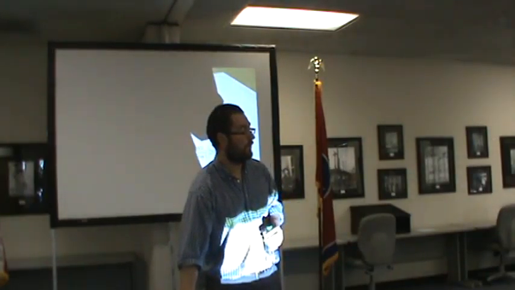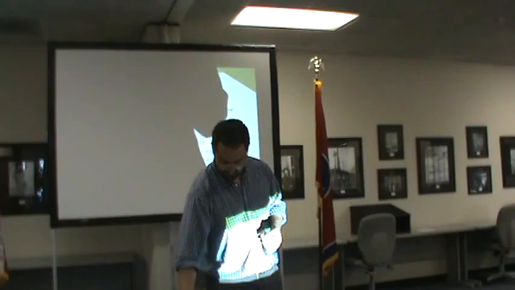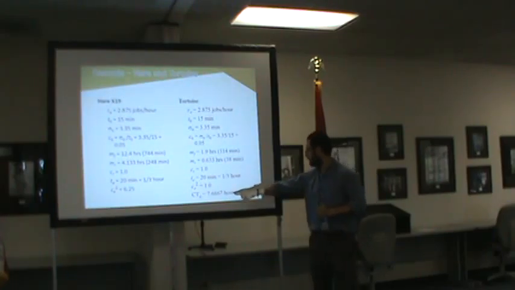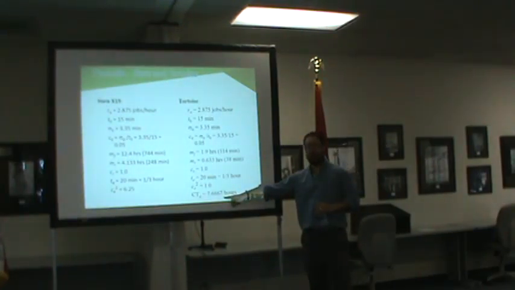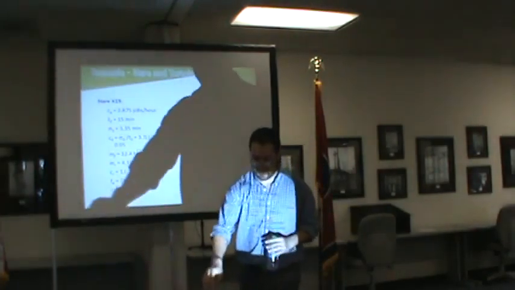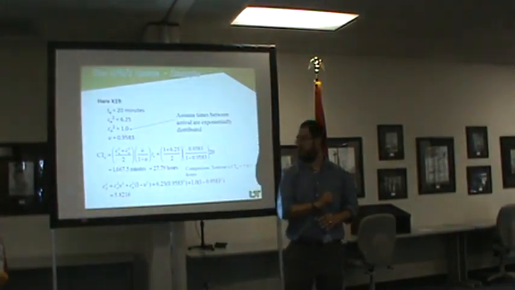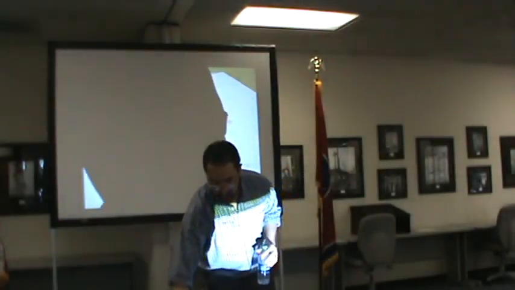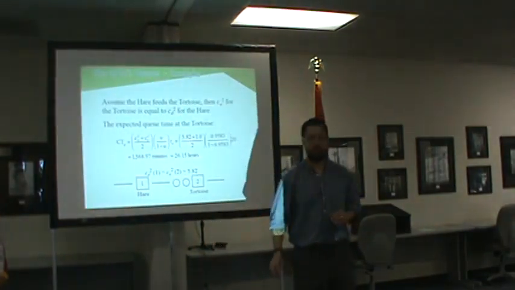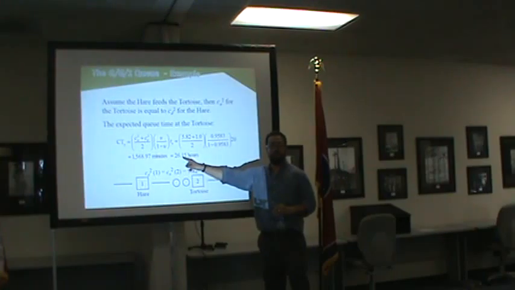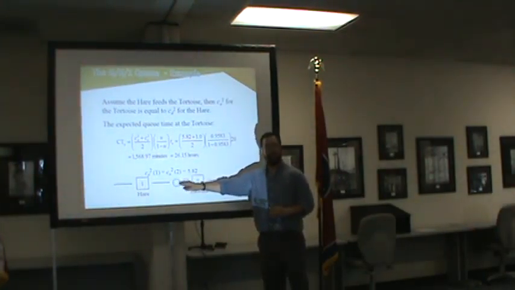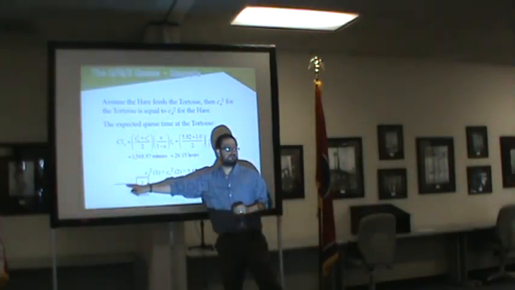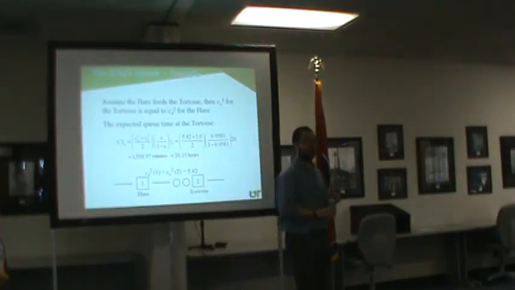What is determining the Q there? Let's see what the Q at the tortoise was originally. The Q at the tortoise was 7.6, right? The Q of the hare is what? 27. If the hare was to feed the tortoise, it goes from 7 to? So what's determining this change? The arrival rates of the hare, right?